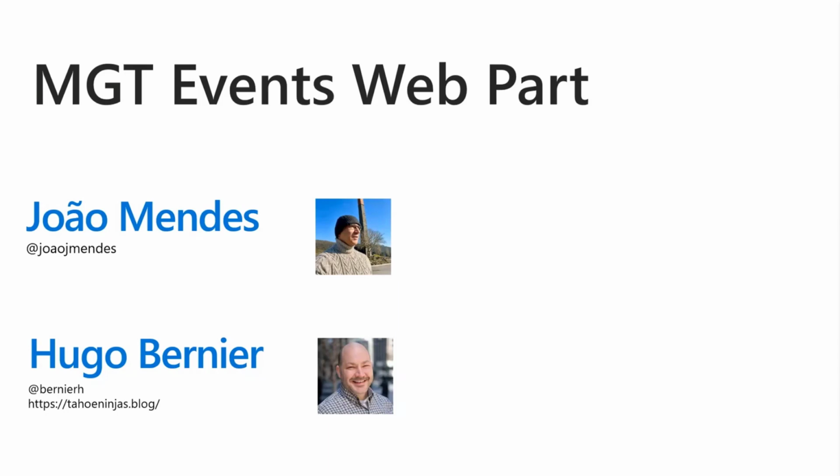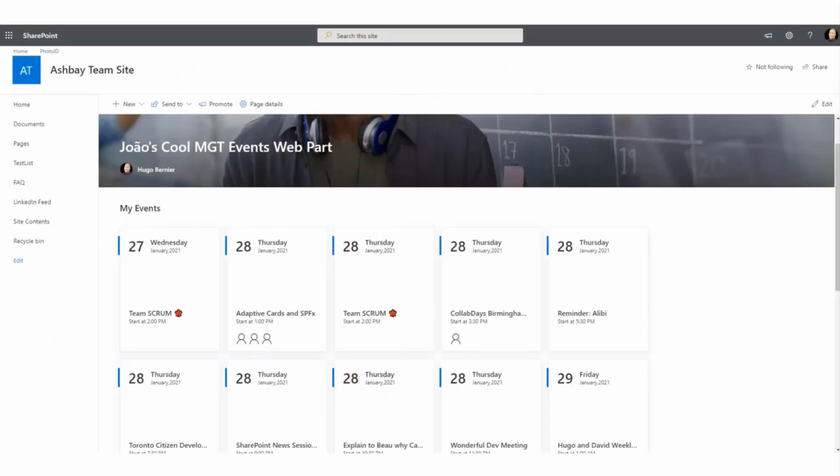All right, so the sample that João submitted allows you to show your upcoming calendar events using the Microsoft Graph Toolkit. You can usually recognize João's samples because they always look very professional. In fact, it's often very difficult to distinguish his web parts from the out-of-the-box Microsoft 365. And if you know me, that's one of my holy grails: you always want to make sure that people can't distinguish first-party from third-party web parts.